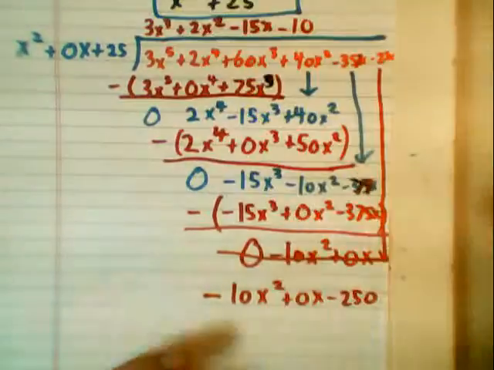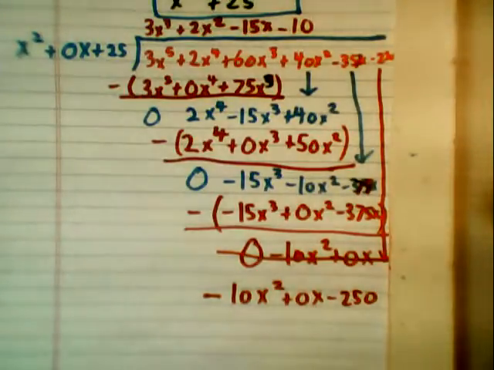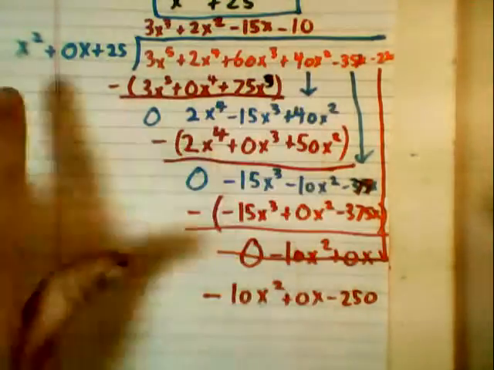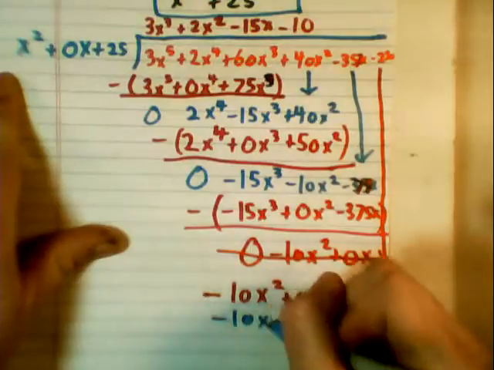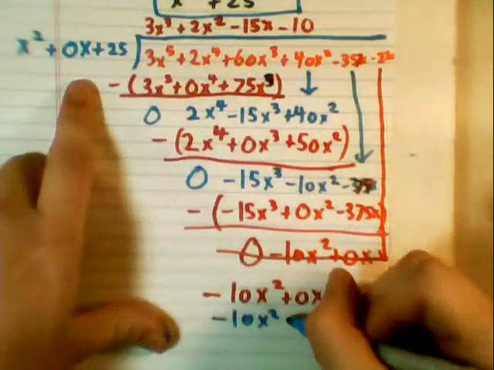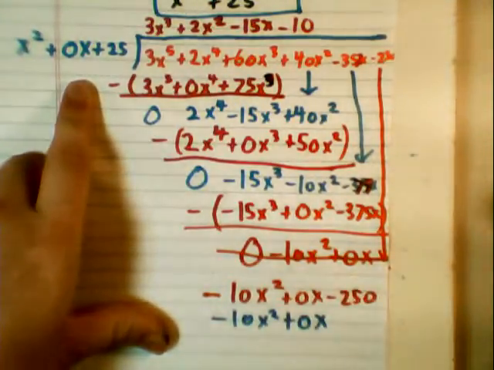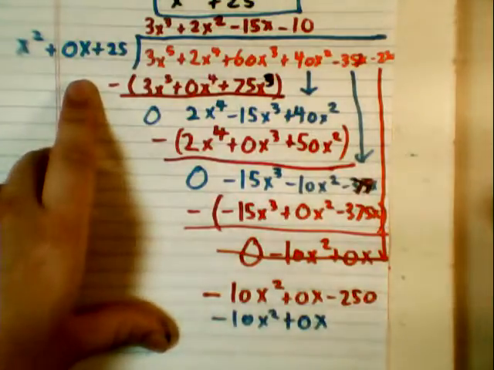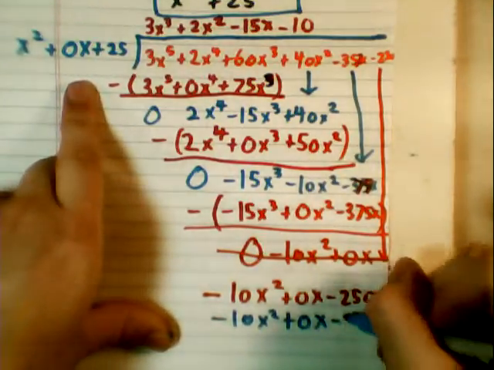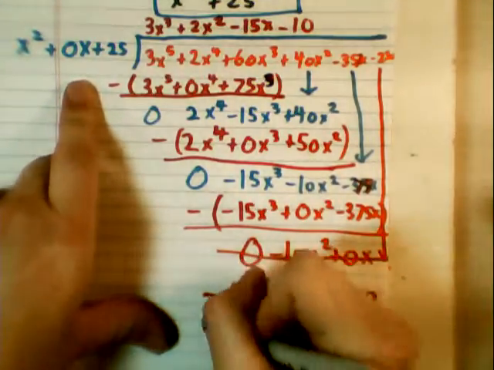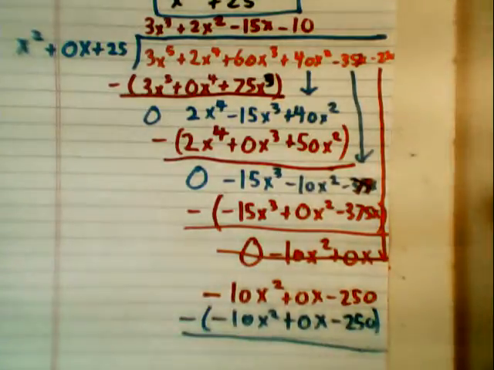Add negative 10 right there. Now let's multiply everything by that. Negative 10 times x squared, negative 10x squared. Negative 10 times 0x, 0x. Negative 10 times 25 gets us a negative 250. Now let's subtract that, and we get